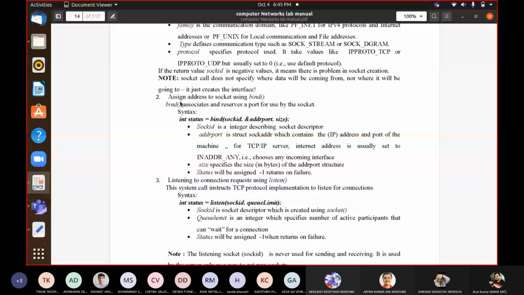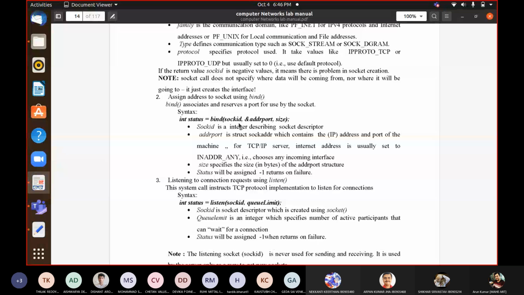and as I have mentioned, a socket is nothing but a file, and you are handling that with respect to a file descriptor. So you have to give the socket ID, that means the file descriptor of that socket. So first is that argument. Then the second one is, what is the address? What address and what port number do you want to reserve and give to this socket? So this is that structure, address and port.